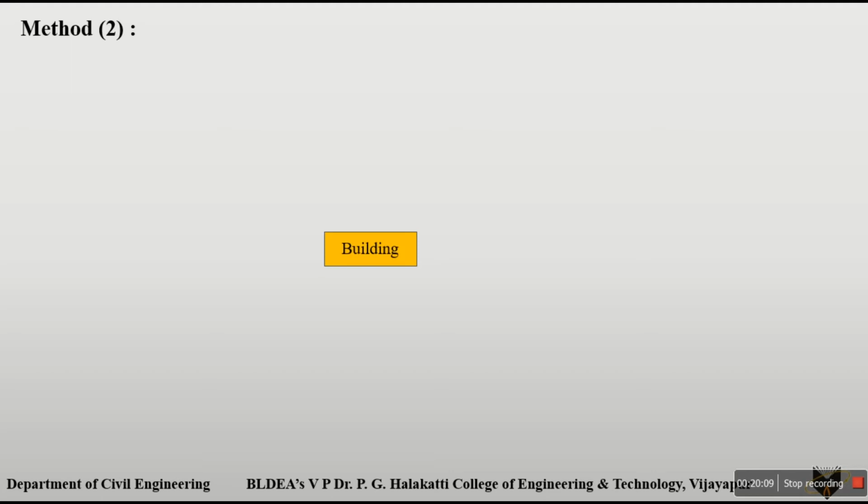Okay, again the same: the obstacle is a building, and our chain line is on one side of the building. Here also we have to find out the distance along the building as well as the continuation of our chain line from this side. We don't have any points on this side for the continuation of this chain line. You have to find at least 2 points for the continuation along the straight chain line.